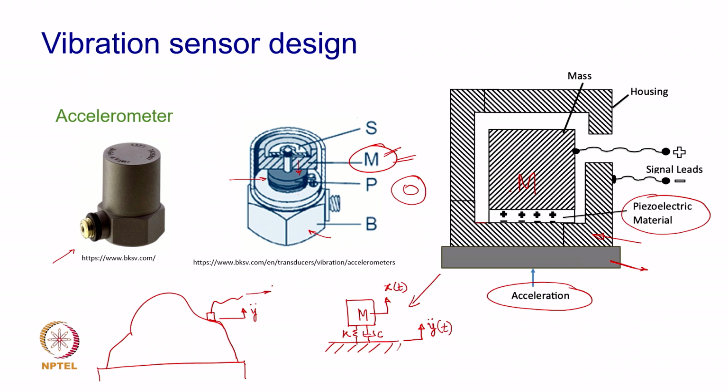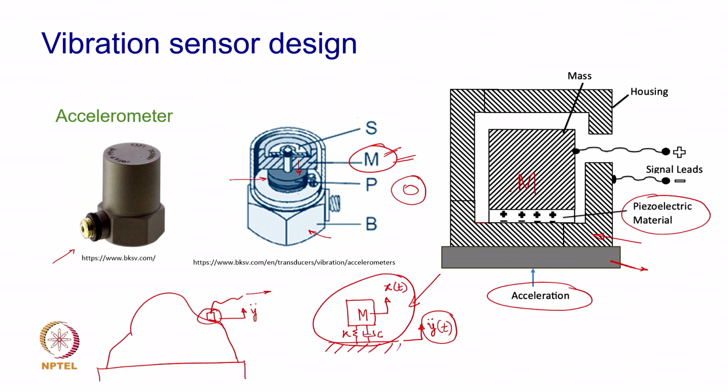So, it is to be recorded using a sensor, which in our case at the moment is an accelerometer. Our job is to somehow design this vibratory system, which is a sensor, so that we faithfully record the acceleration, I mean as an input acceleration to the sensor. So, let us look at this particular